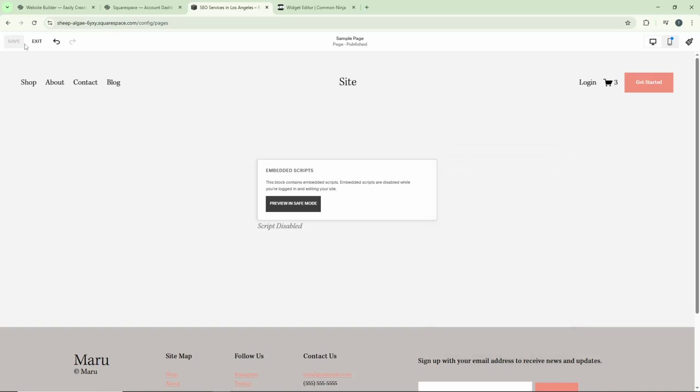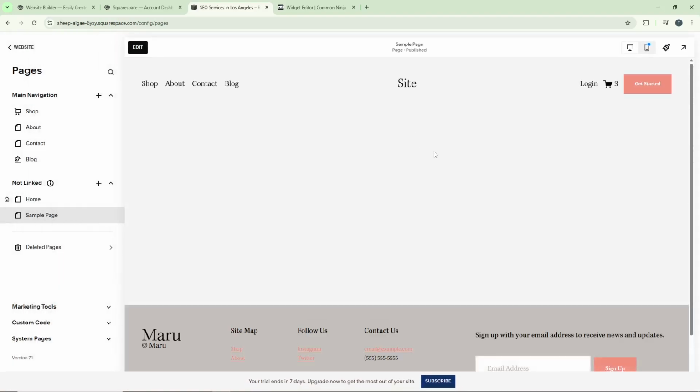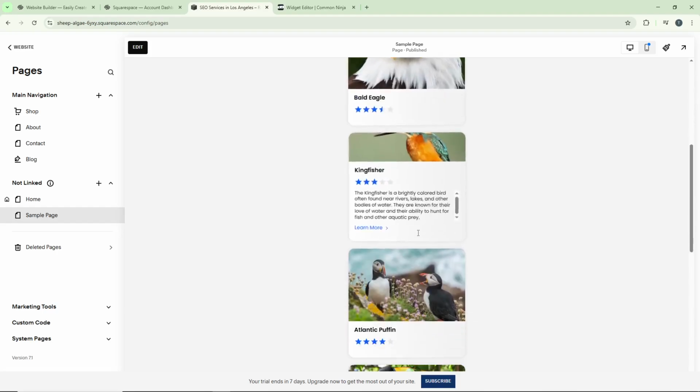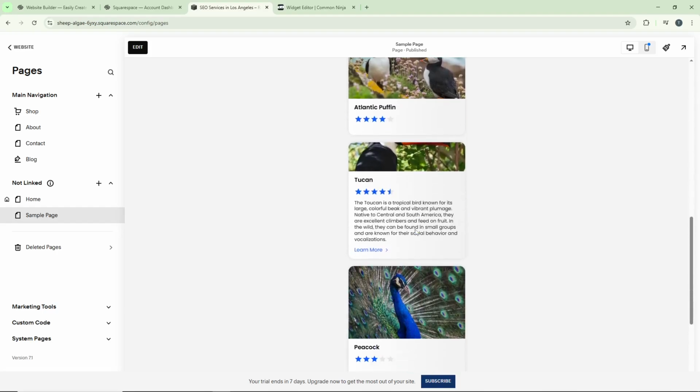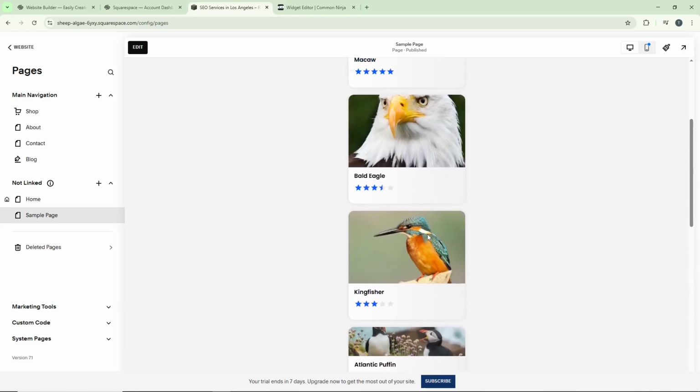Give it a moment to process and display your flip cards. Finally, click Exit to leave the editing mode. Your flip cards should now be live and interactive on your Squarespace site. Visitors can hover over or click the cards to reveal the additional information you've added, creating a more dynamic and engaging browsing